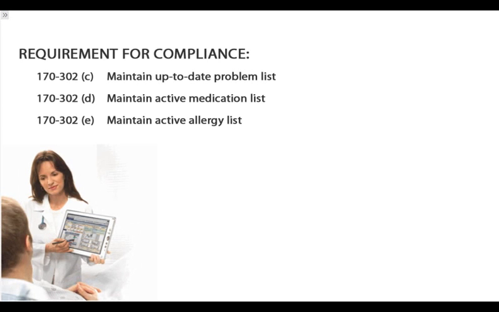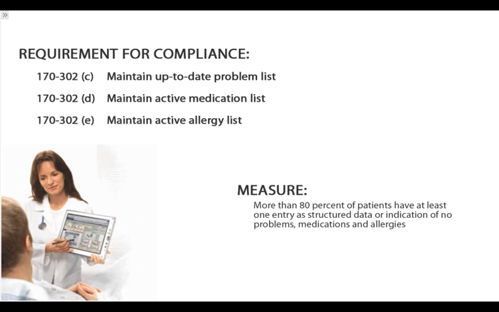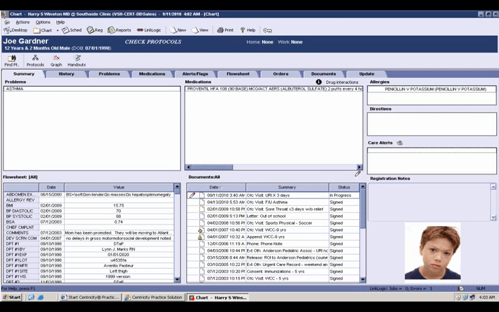The chart summary demonstrates an uncomplicated method to address 3 of the core meaningful use functional requirements. These include having at least one entry as structured data for problems, medications, and allergies for more than 80% of your patients. As we take a look at a patient's chart summary, we see at a glance that there is a list of the patient's active problems,